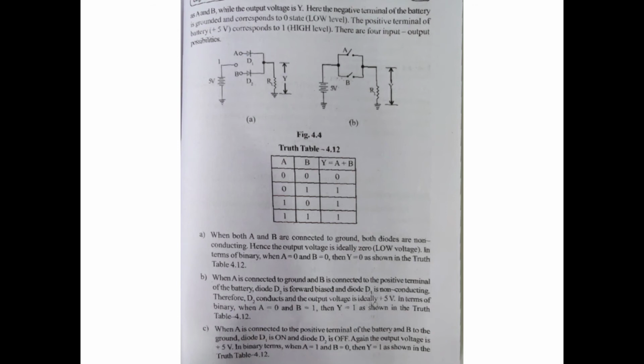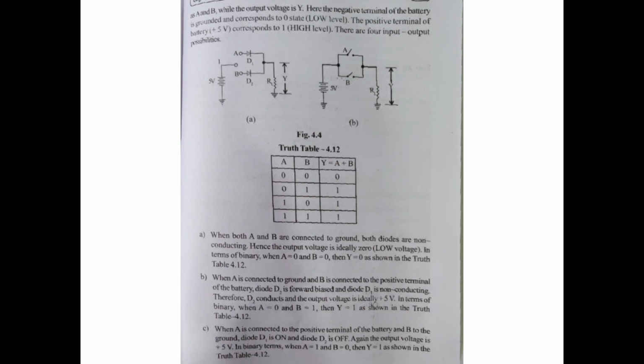So according to the truth table, when 0 is ORed with 0, the result equals 0. Also, any variable ORed with 1 equals 1. The OR function can be summed up as under: 0 OR 0 equals 0, 0 ORed with 1 equals 1, 1 ORed with 1 equals 1. OR gate can also be used to modify the pulse waveform. We will see the OR gate operation.